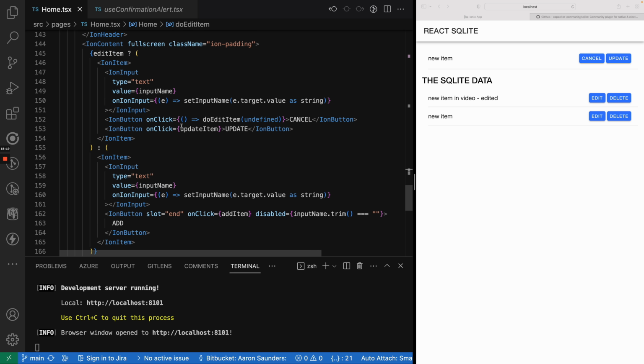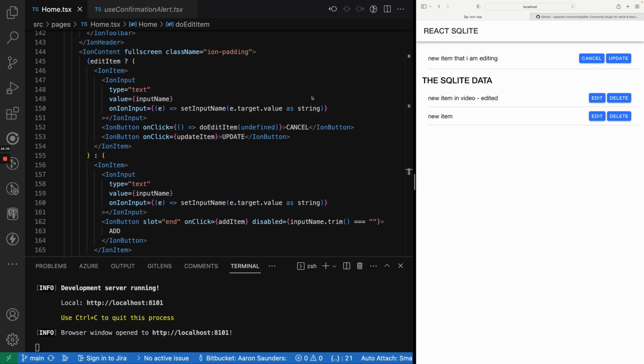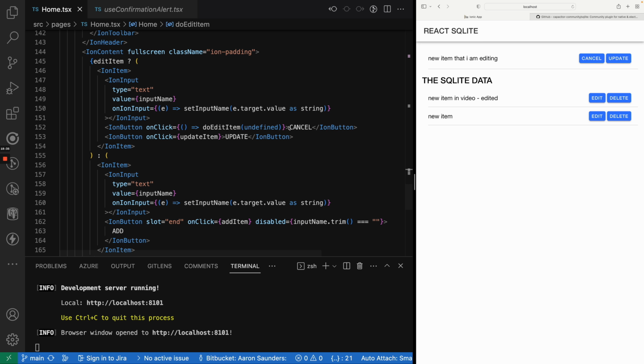Basically now I've added the information that I want into this edit mode. And so the values that I'm entering, so the new item that I am editing, get set. So now my input name has the new value. And then when you click update item,